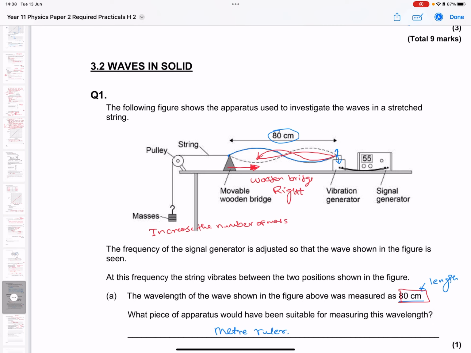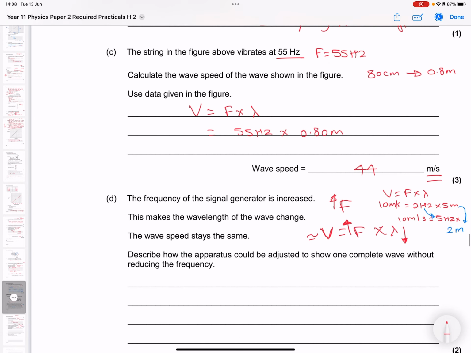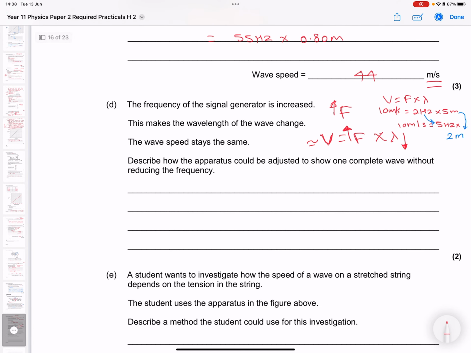So you can do these things. Because of this, when the frequency increases, the wavelength lambda is going to decrease. So in order to accommodate that, you need to move the wooden bridge to the right, or otherwise you can increase the tension of the string by adding more mass